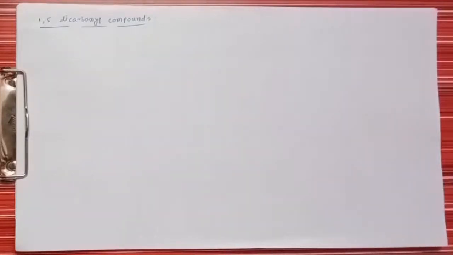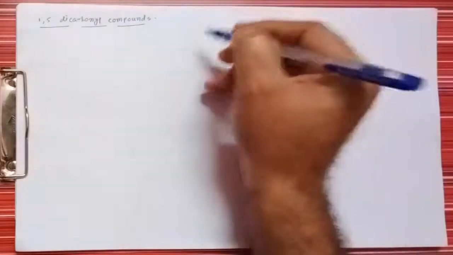Once again, welcome you all to the online lecture series, and we are talking about retrosynthetic analysis. From the last lecture we discussed two-group disconnection, and we already discussed the beta-hydroxycarbonyl compound as well as the 1,3-dicarbonyl compound. Let us talk about 1,5-dicarbonyl compounds. A 1,5-dicarbonyl compound can be like this.